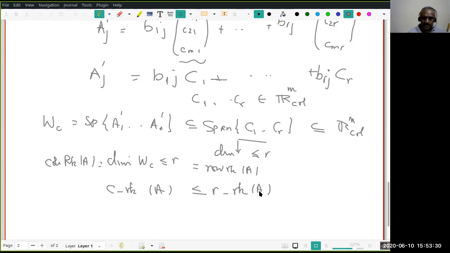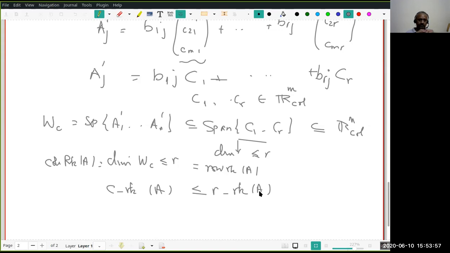For what matrix? Any matrix. I said M cross N, but that's some matrix. So you take any matrix, I have proved for any matrix T, whatever size. T may be of size K cross L, M cross N, R cross S, anything, I cross J, I don't care. So for any matrix, I have shown the column rank of A is less than or equal to the row rank of A.